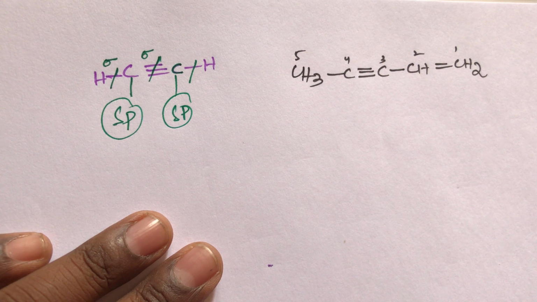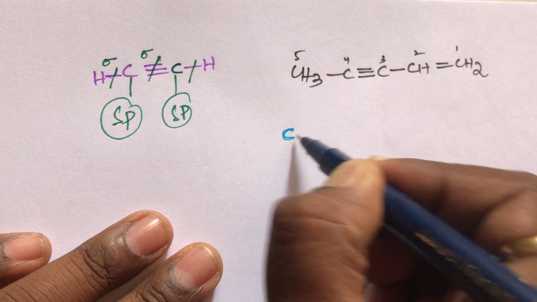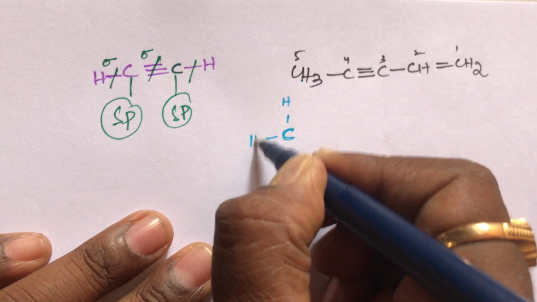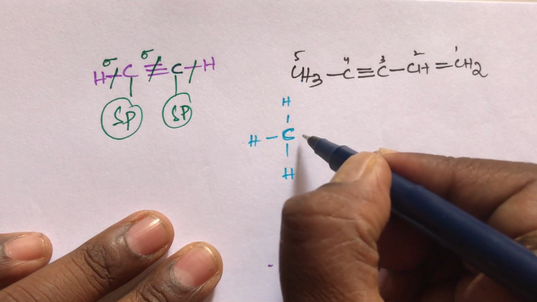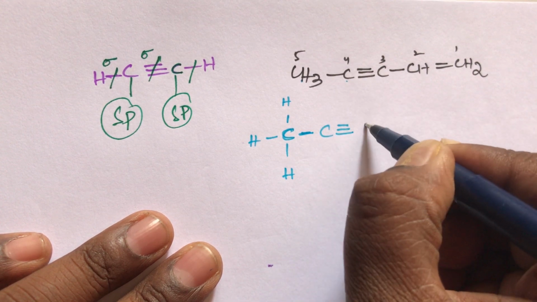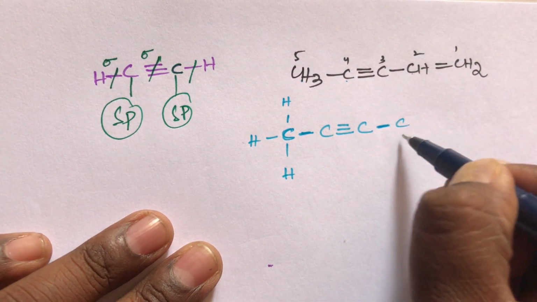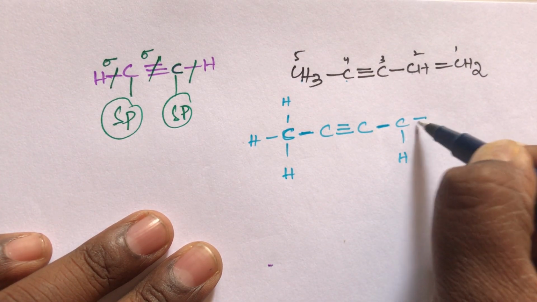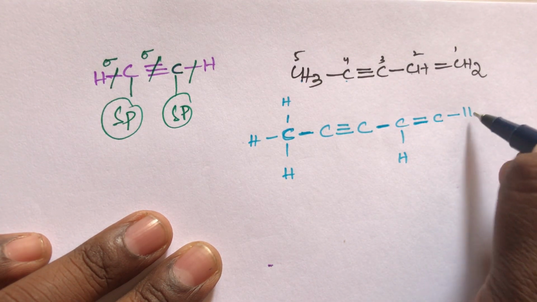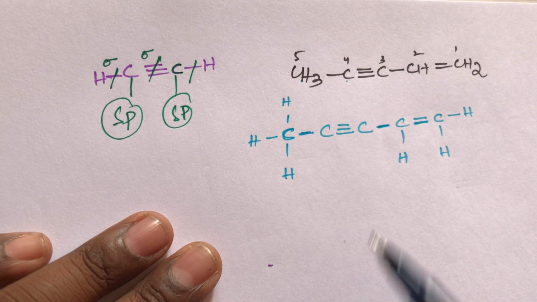First, write the skeleton structure, student. In the skeleton structure, this carbon surrounding has how many hydrogens? 3 hydrogens. 1, 2, 3. And then after that a single bond is there, then a single bond. This carbon surrounding only a triple bond is there, and this carbon surrounding only a single bond is there, and this carbon surrounding only one hydrogen is there, then put the double bond. Then after that this carbon surrounding how many hydrogens are there, student? 2 hydrogens are there. So now calculate the sigma bonds, student. Now calculate each carbon's hybridization.